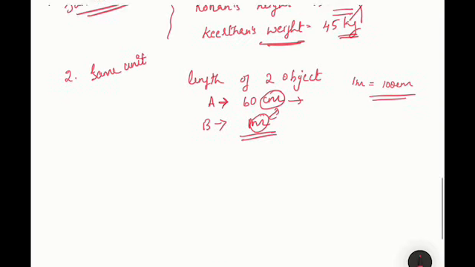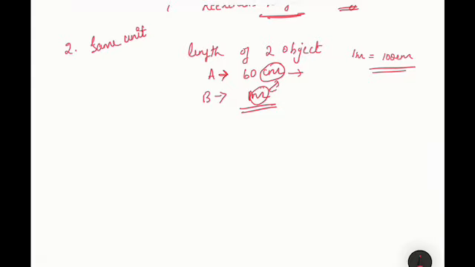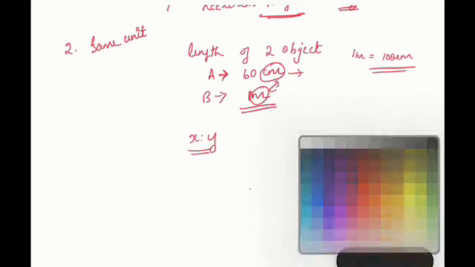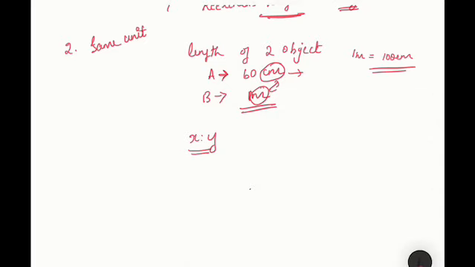Now, you understood what a ratio is. How do we represent it? It is x is to y. So your x will be your first term and y will be your second term. If x is the first term, what is that first term called? Your first term is called the antecedent, and your second term is called the consequent. The first term in the ratio is called the antecedent and the second term is called the consequent. Hope it's clear to all.